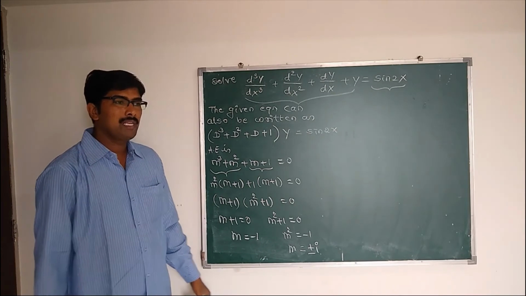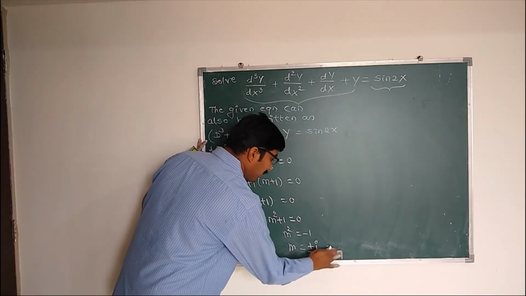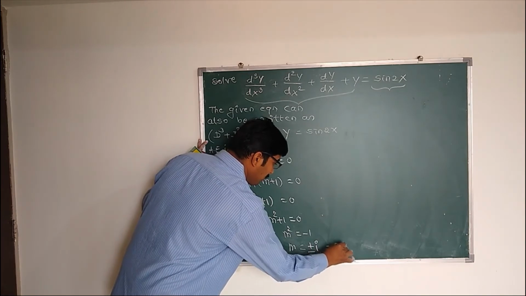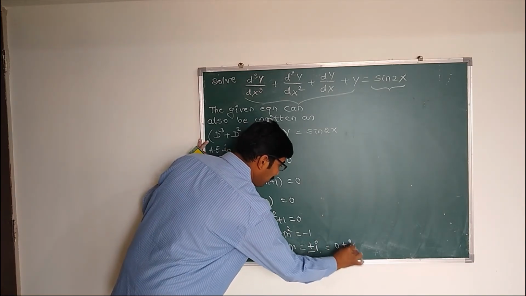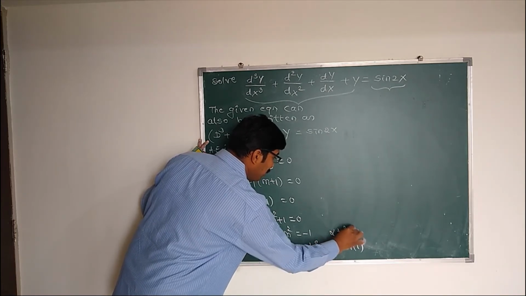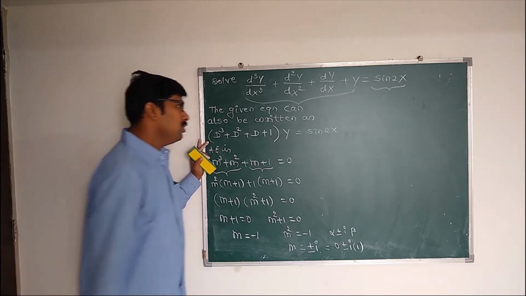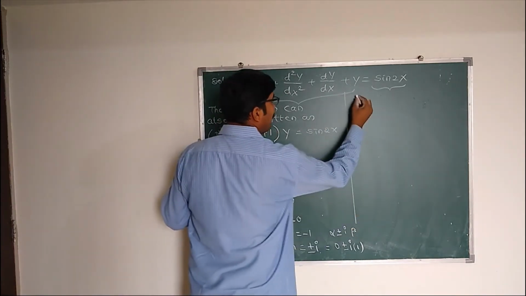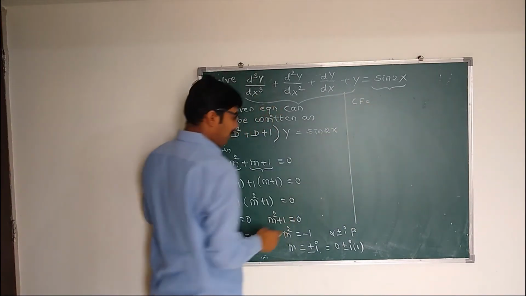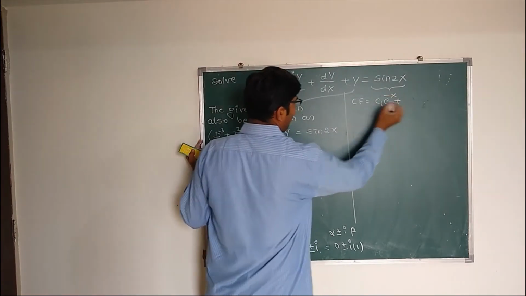i square is equal to minus 1, so you can write it as plus or minus i. And this one you can also write as 0 plus or minus i into 1, meaning alpha plus or minus i into beta. Alpha value is equal to 0, beta value is equal to 1. Therefore, the complementary function CF is equal to first C1 e raised to minus x plus